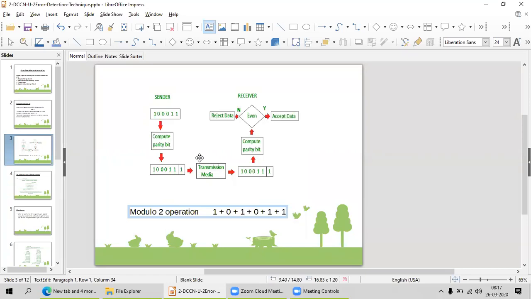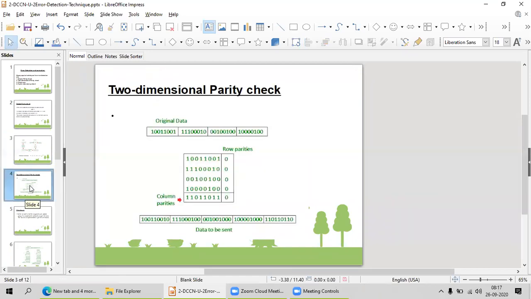In a simple parity check, I am going to add only one bit, not more than that, only one bit. You remember that. Next, two-dimensional parity check. Here, in two-dimensional parity check, I have 1 2 3 4 data words. The original data is 4 bytes, or 4 blocks of data.